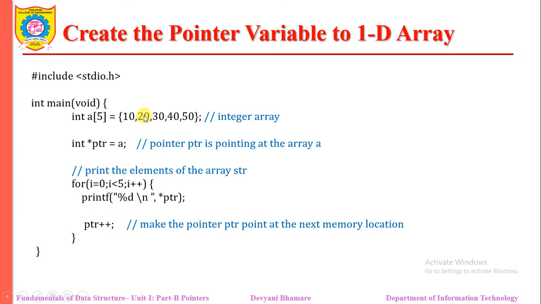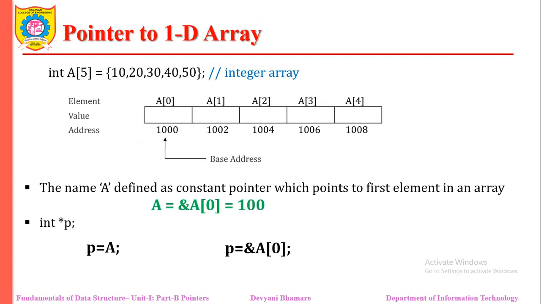Why is PTR pointing here? We already saw that a pointer is increased by its scaling factor. PTR points to an integer. An integer requires 2 bytes. That's why PTR plus plus will increase the address by 2 bytes, not by 1. Similarly, the next value follows. I becomes 1, 1 is less than 5, 20 will be displayed. PTR is increased, I becomes 2, 2 is less than 5, yes, the value will be displayed, PTR is increased by 1. In that fashion we display the values of our array.